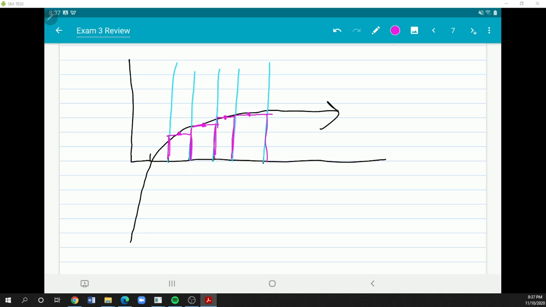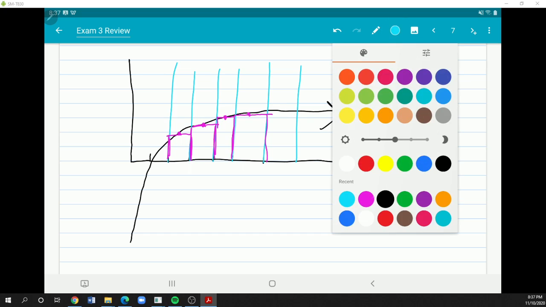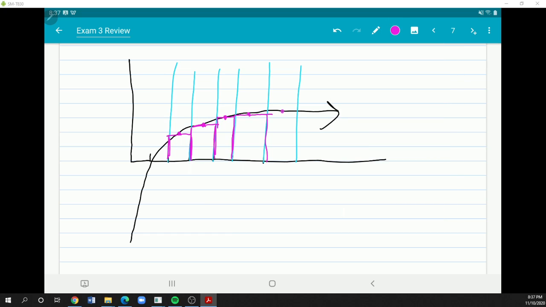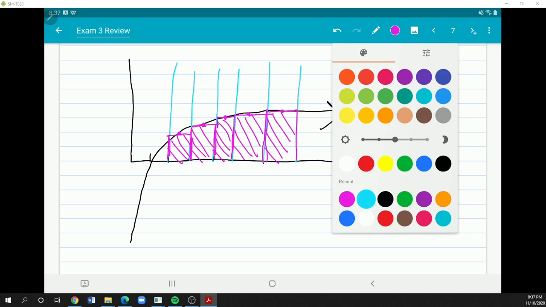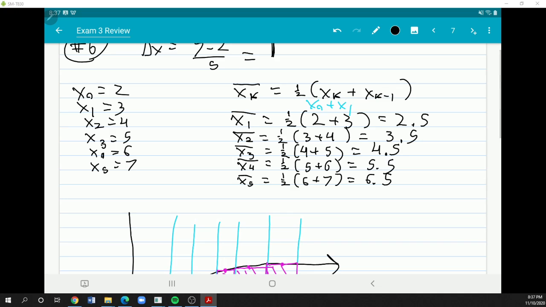Oh, oops. I would need 6 of these to get 5 rectangles. And I'm trying to find the area of all these. Okay. So